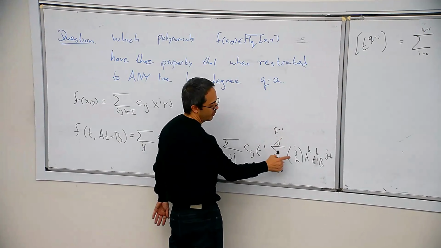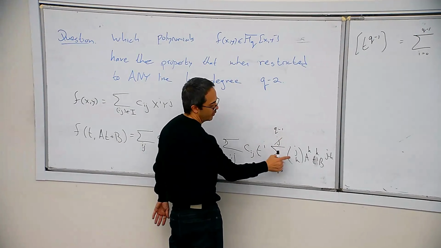But the cool thing is that we can write j in base 2. So j is a number between 0 and q minus 1, as we said, and so is i, and q is some power of 2. So let's write i and j in base 2. Let's write j on top: j0, and the next bit j1, all the way up to j n minus 1.